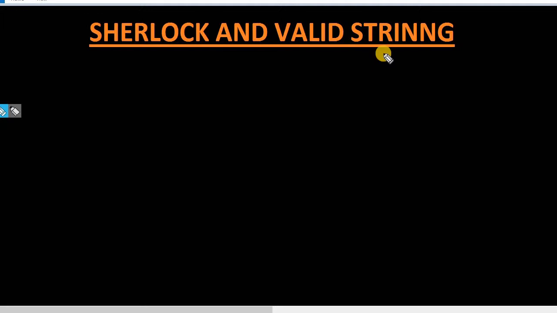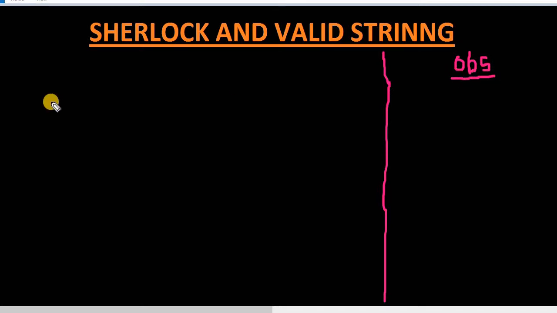Before we start solving the problem, let's build our observation deck where we'll point out the observations which we gain. This will particularly help us to optimize our solution. Also it will be useful whenever we are writing code. Okay, so first let's take a basic example. Let's say A, A, B, B. We know that this is a valid string.